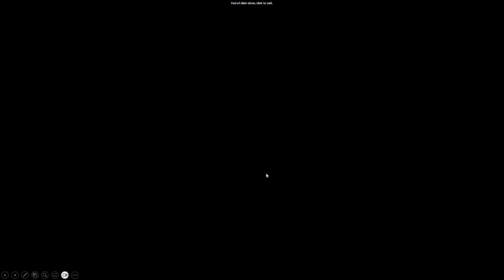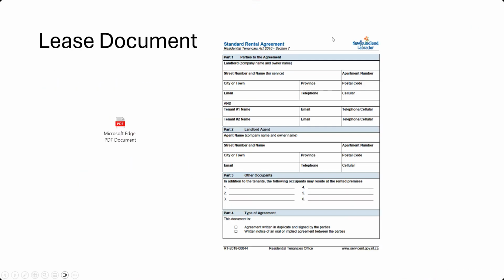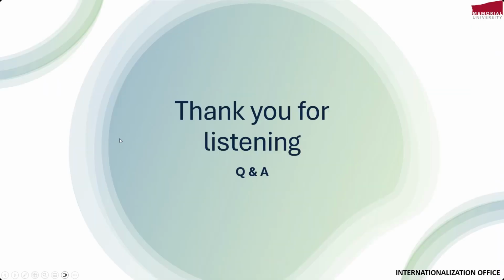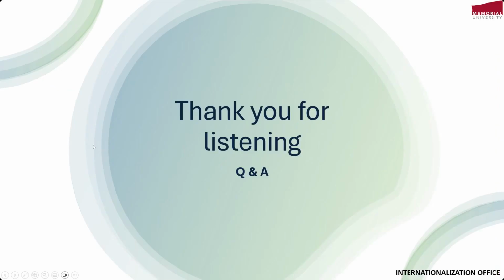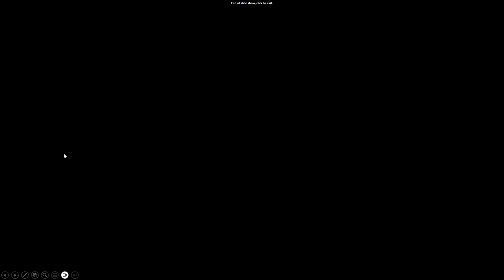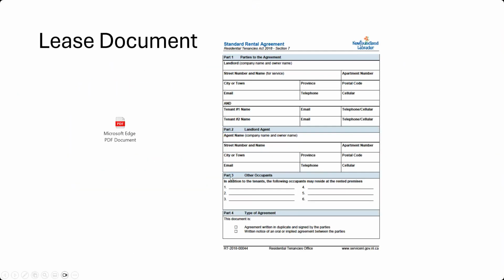No worries. So that lease document says about the fixed term or month-to-month lease type. As I explained earlier, month-to-month is basically the one where you can give 30 days notice and you can move out the next month. If it is fixed term, that means that you are bound to live in the same house for the time period until the lease expires. So this is the lease agreement document.